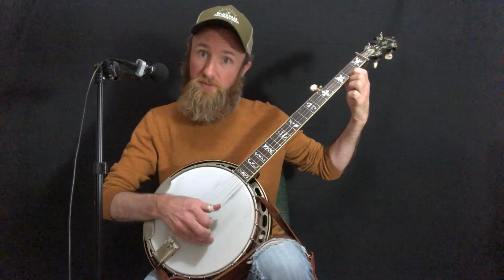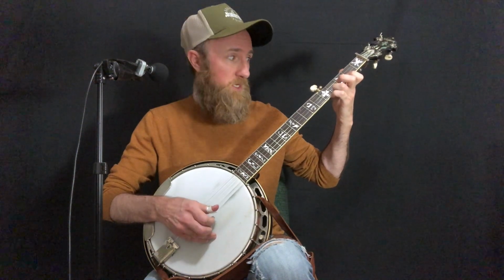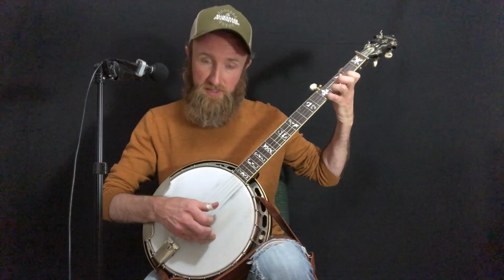And then we're shifting our index to second fret first string, and that's going to be an index. Then ring is going fourth fret first string, that's thumb. And then pinky is going to do the octave G note, and that's going to be index. So we've got...